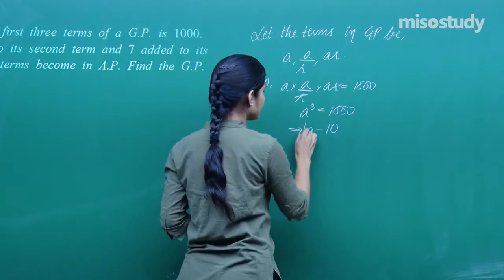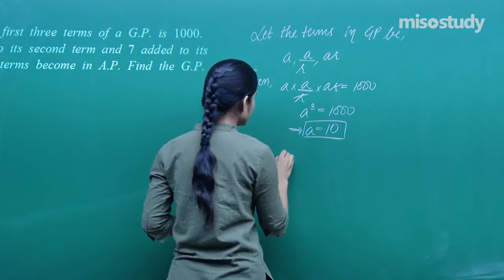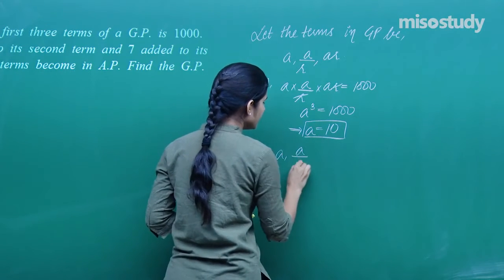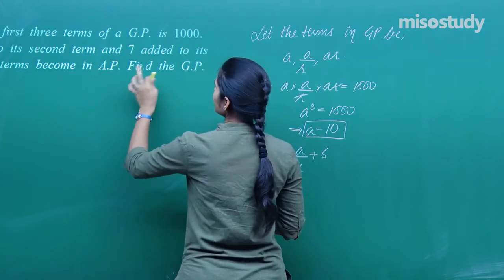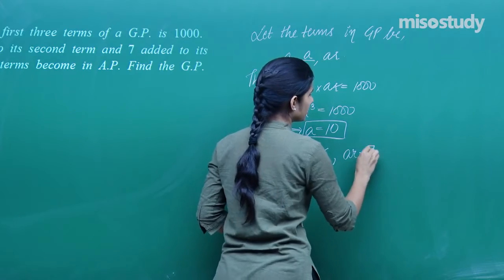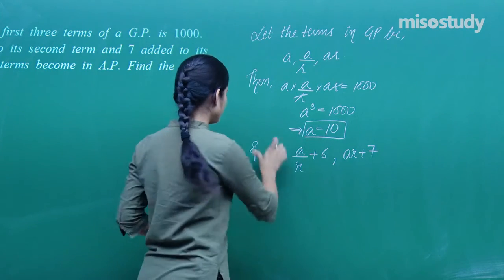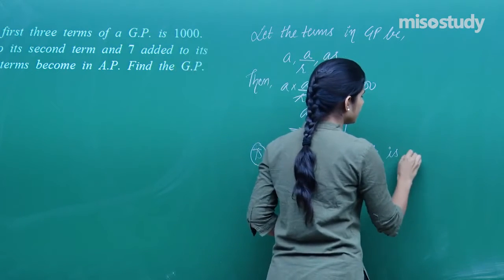Then it is given that if 6 is added to the second term, the first term remains as it is, the second is A. If 6 is added to the second term and 7 is added to the third term,